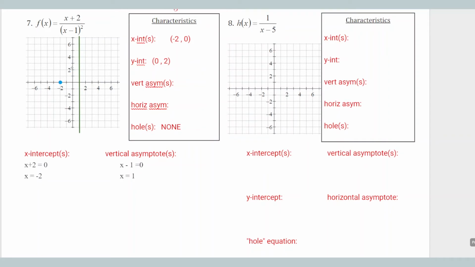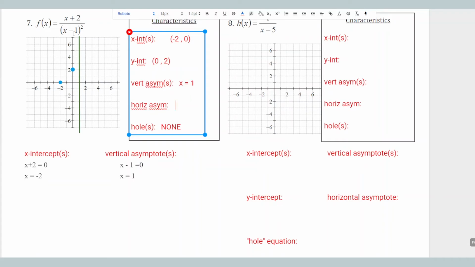And actually, that can be my representative for this interval in here. So I know for sure I'm going up like this. The vertical asymptote, oh, I already found that one. I just didn't put it in my little box here, it is x equals 1. My horizontal asymptote, well, just like on number 6, the denominator has the larger degree. So I know my horizontal asymptote is going to be y equals 0,